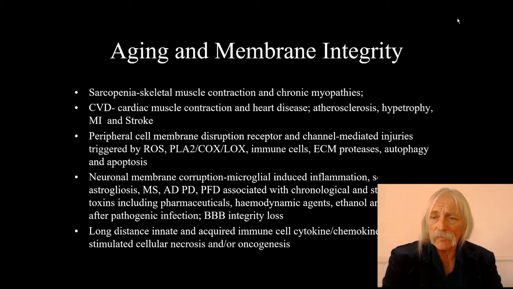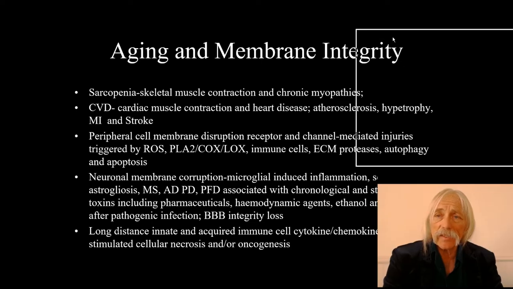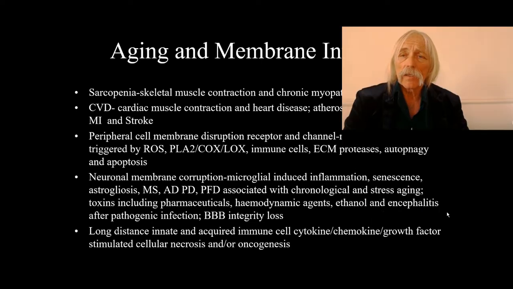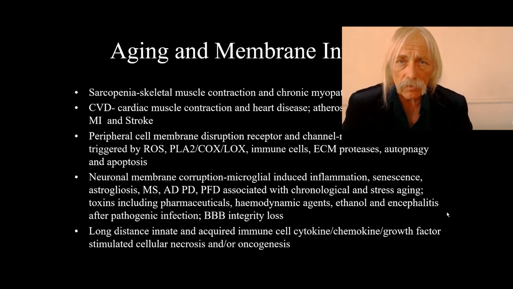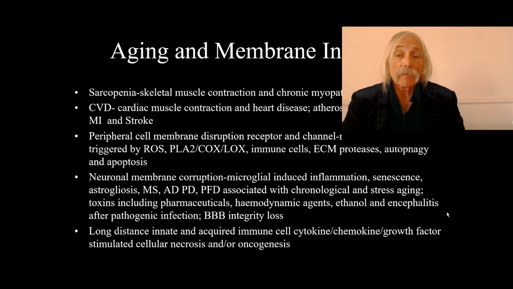And this can be quite detrimental, but also it is necessary in the CNS to take care of any potential infection or inflammation, even if it's induced by other microglia, but certainly if it's coming from the periphery. Okay. So we talked about senescence a lot when we did the aging lectures. We talked about astrogliosis. Again, that is an inflammation of the astrocytes. We talked about MS, AD, PD, PFD. These are all diseases of the central nervous system, right?